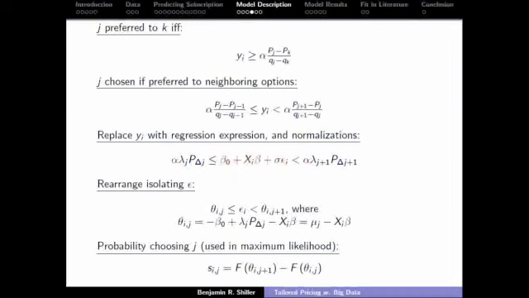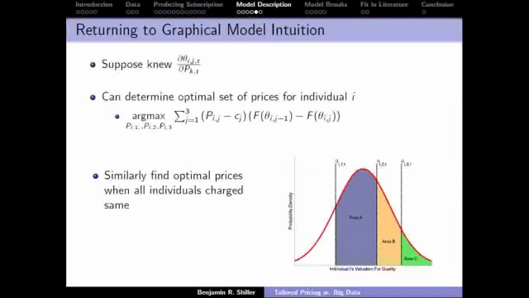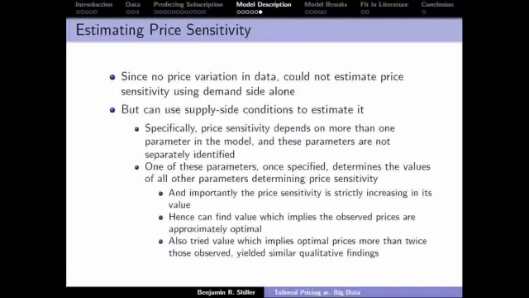Okay, so some details I'm going to skip. One problem that I ran into is that Netflix, well, actually, I guess it has its advantages and disadvantages. Netflix did not change its prices over the period analyzed. So I don't have in my data the variation needed to estimate the price sensitivity. And so what I do is I basically estimate it afterwards. So I find what level of the price sensitivity would yield predicted optimal prices, which are very close to the